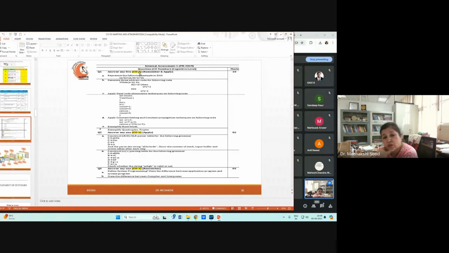Because now the student knows, okay, this is for 10 marks, and the student should have an idea about what aspect is being checked by answering this question. CO6 or CO5, and CO6 is on the basis of the application and remembering part. This is the applying part, that whatever I've learned, I'm able to apply or not. This is only the first level, remembering. So your question paper should now contain the marks, the CO level and the Bloom's level. I hope that most of you are following it, but if not,